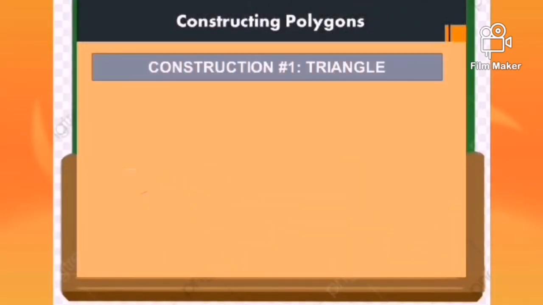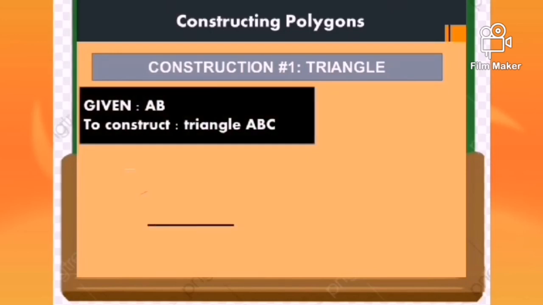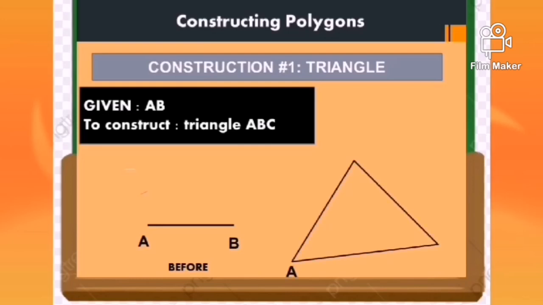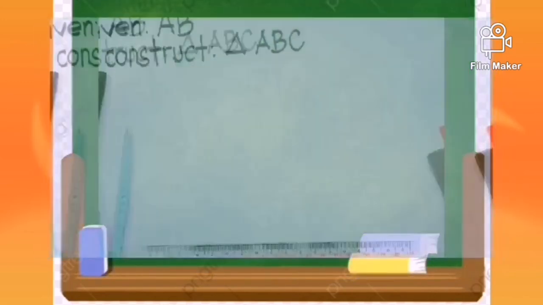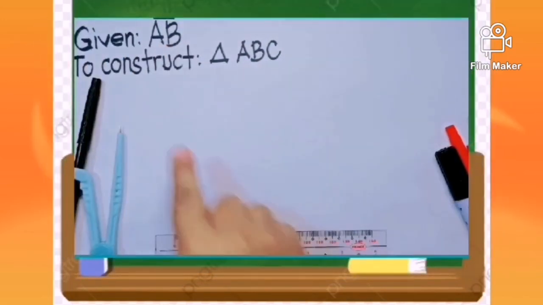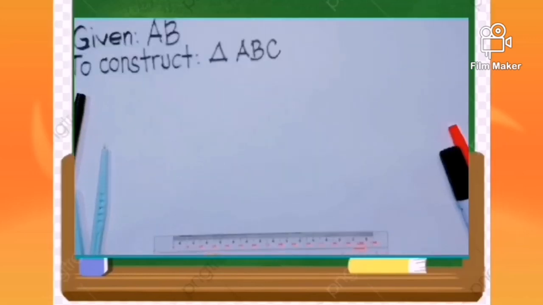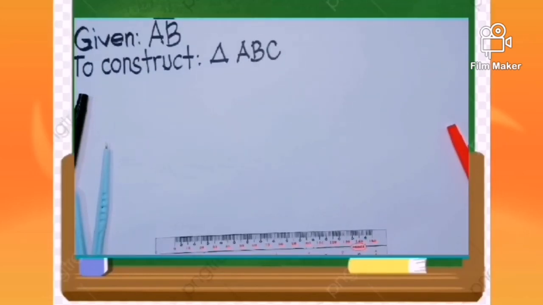And now we are going to construct a triangle. So we have here our given segment AB, and this will be our output after we are done constructing a triangle. I'm going to show you some video clips on how to construct a triangle. Just watch and follow the steps on how to do it. So now we're going to construct a triangle with the given segment